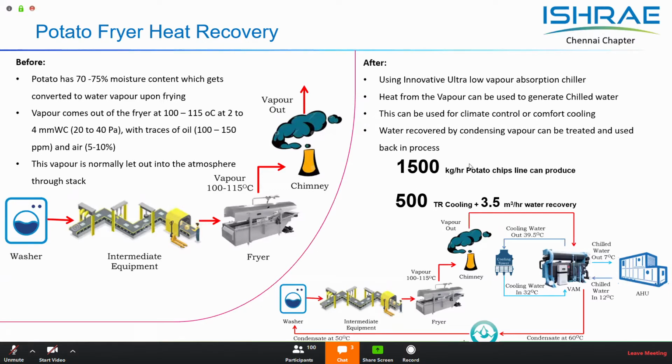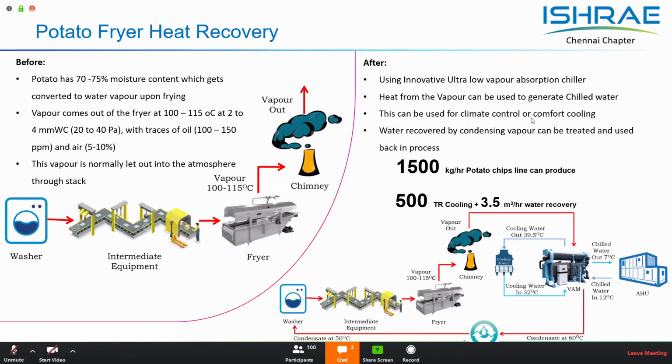So this recovers water in this process, which, once you treat it, you can use as makeup water for your other applications, like cleaning the potatoes, or even as makeup water for the cooling towers. So it becomes a very sustainable solution for such an industry. It can help them reduce the carbon footprint as well as become a zero discharge application.